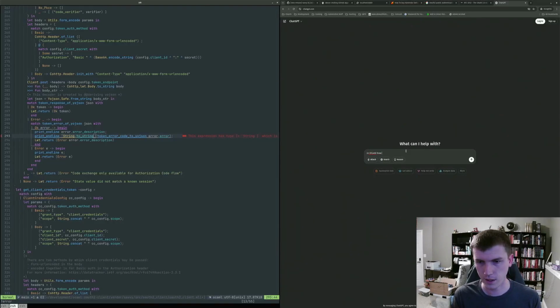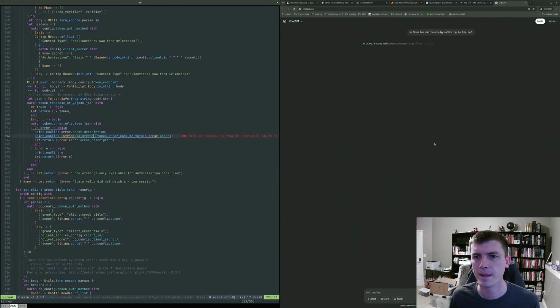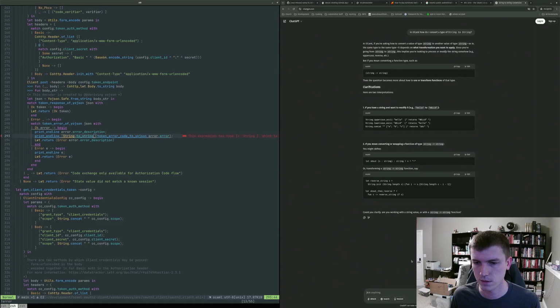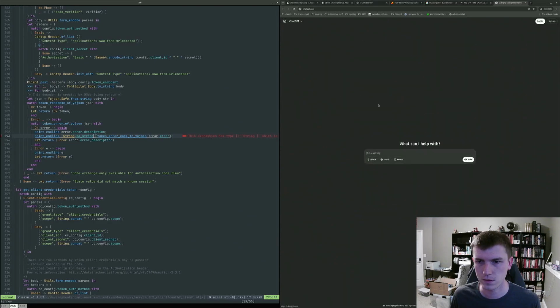In OCaml, how do I convert a type of string to string? Nope, that's not what I asked. In OCaml, how do I convert a type of string to string?